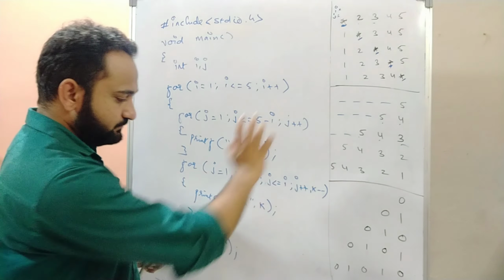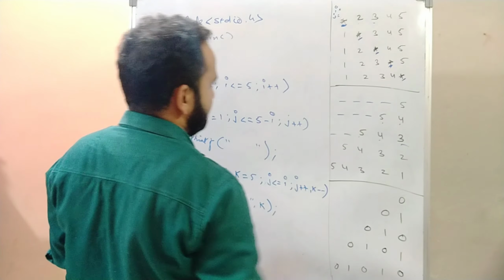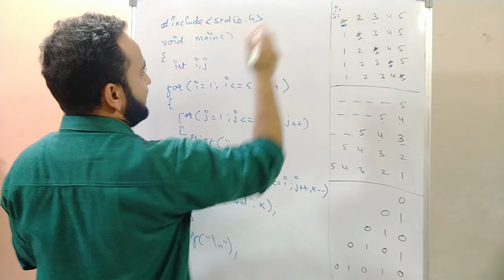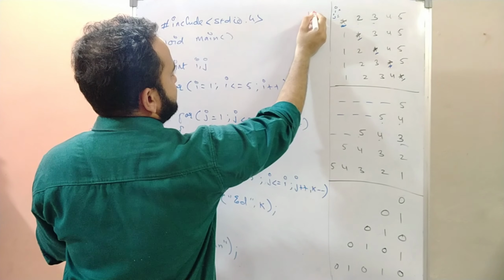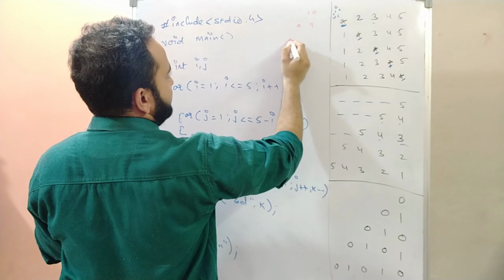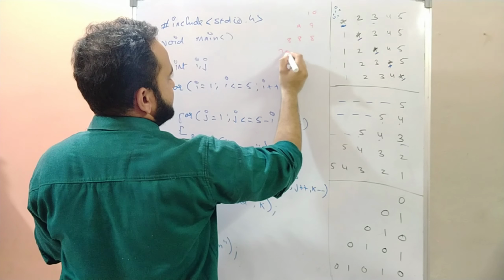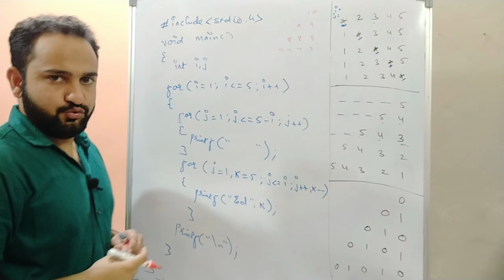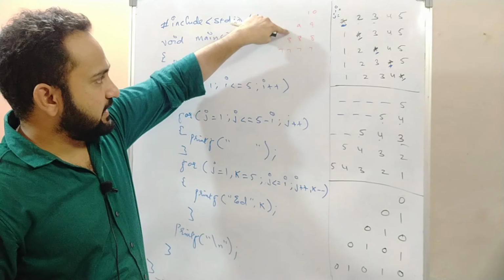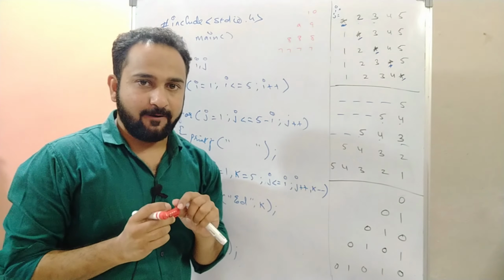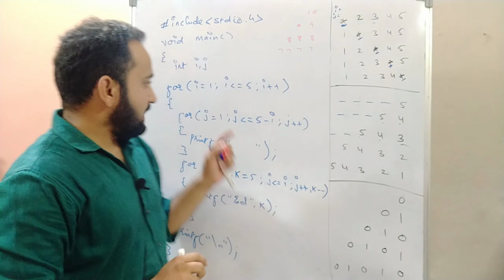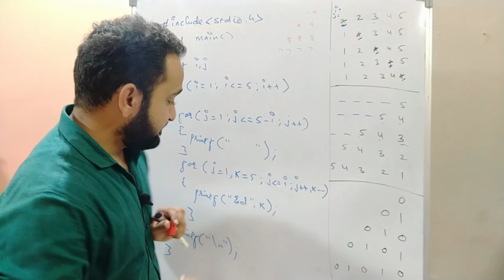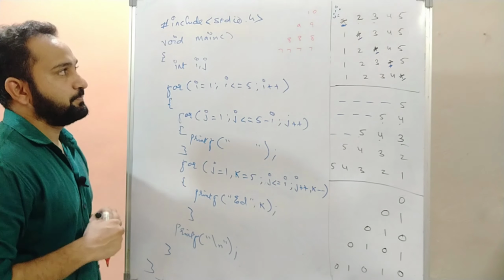Now tell me if you understood this. Suppose I have a pattern something like this, you should be able to answer it now. I have a pattern something like this: 10, 9, 9, 8, 8, 8, 7, 7, 7, 7. For it, what will you do? See the pattern carefully. 10, 9, 9, 8, 8, 8, 7, 7, 7. It is what? The value of i. But the value of i will iterate from 1 to 5. There won't be any changes. We won't be making any changes into it. So how to do things now?